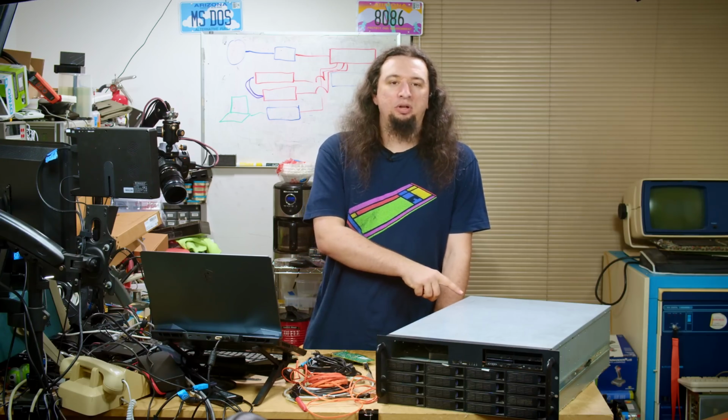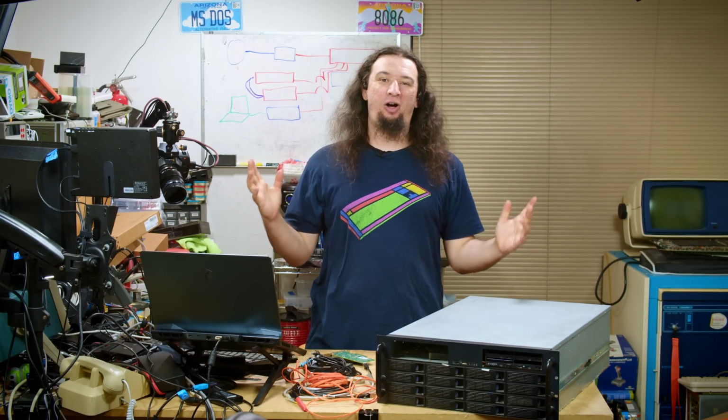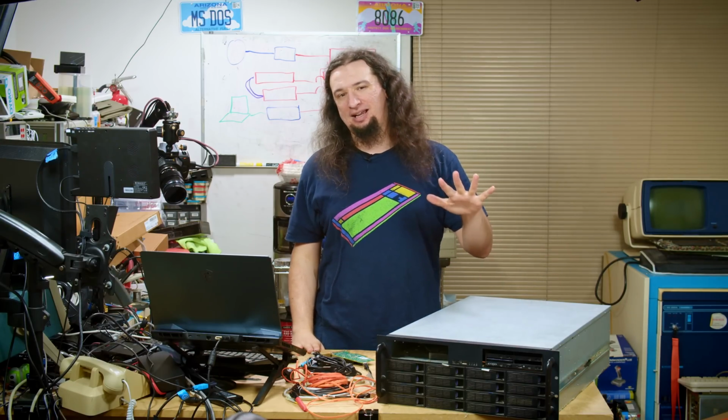I just found out that CapsWiki went down. Oh, because the server that runs it is right here. Hi, today I am in the office with the server, a rare occurrence because I actually run this thing at